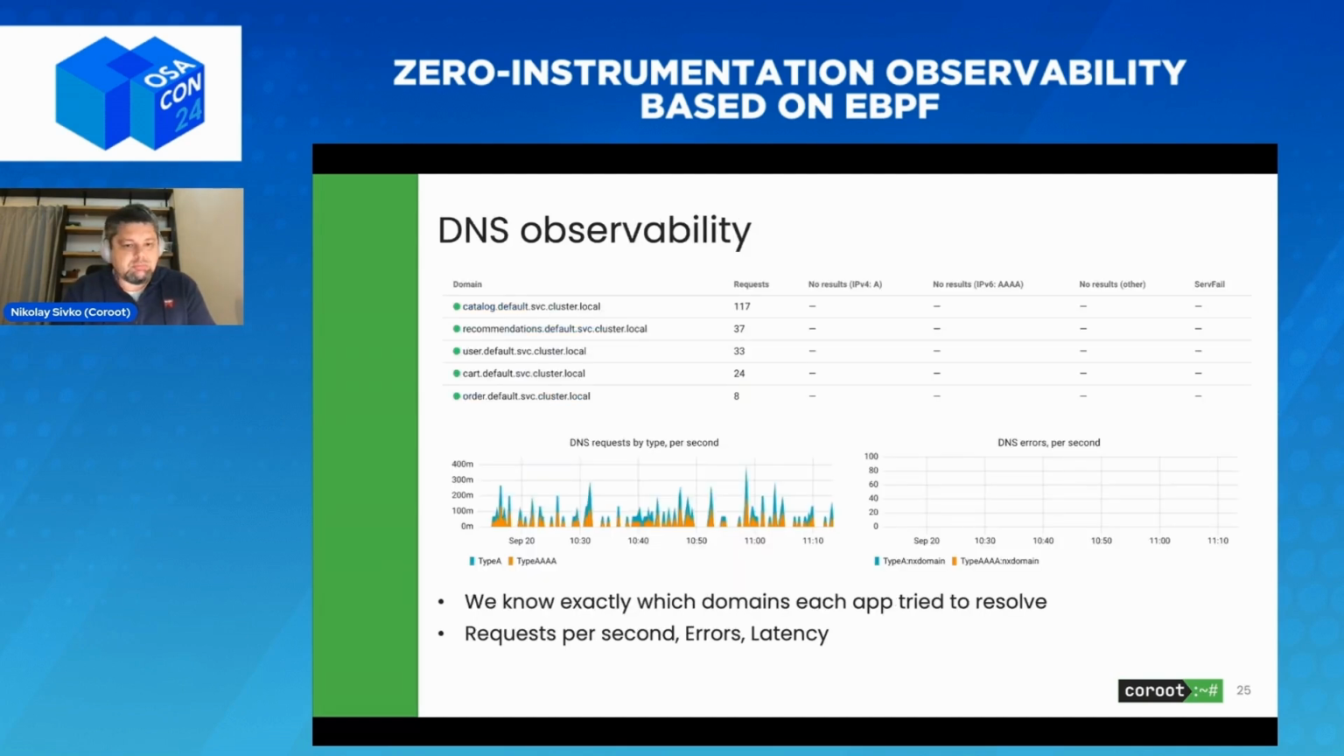data. Also, we can see all DNS requests made by any particular service. So we can measure DNS latency and errors and anything. And it's super valuable for applications running on Kubernetes, because on Kubernetes, all service discovery is built on top of